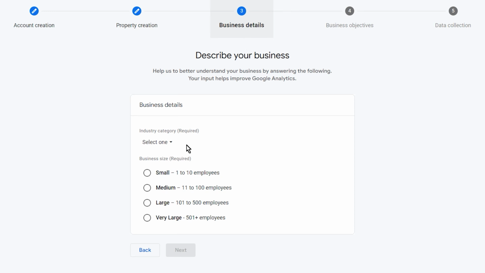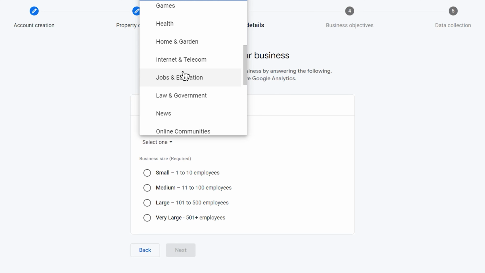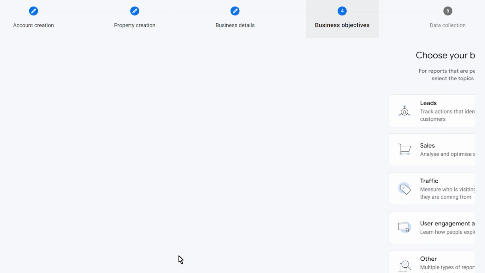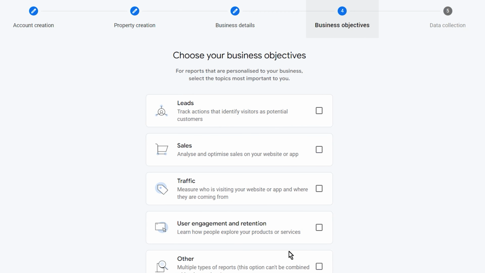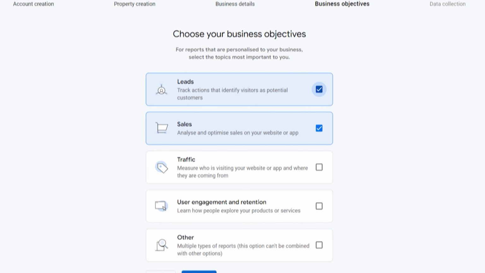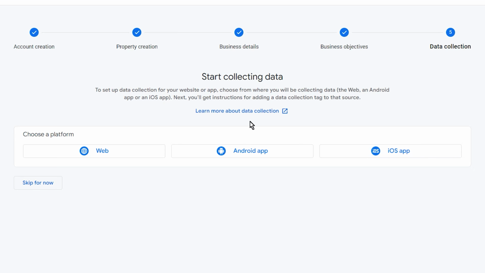Now you need to simply start by selecting your industry category. You can go with any of these categories. You can change it later as well. Otherwise select your business size and then click on next. Now you need to select your business objectives. Now we have 5 different options. If you only want to analyze and optimize your sales on your website or application, you can simply select the sales. If you want to go with the leads, you can select it. It doesn't matter as it is not going to affect your account. You can click on create now and simply accept the terms and conditions, and we have successfully created our stream